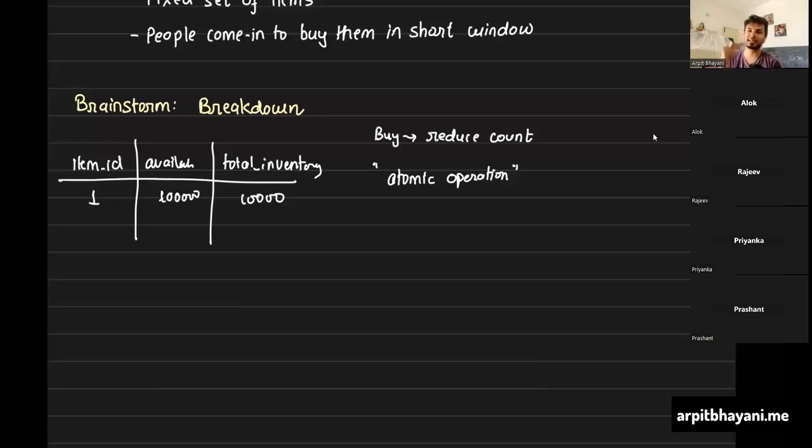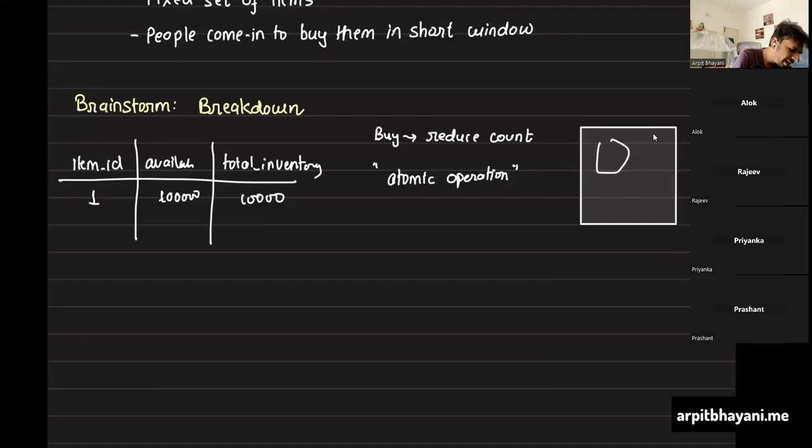So first, let's take a step back, right? Instead of getting overwhelmed, let's take a step back and see how our interface would look like. If I draw this interface, it would look something like this. You have some fancy item, like a phone or something, and you have a button which says buy. You click on that. What happens when you click on buy?